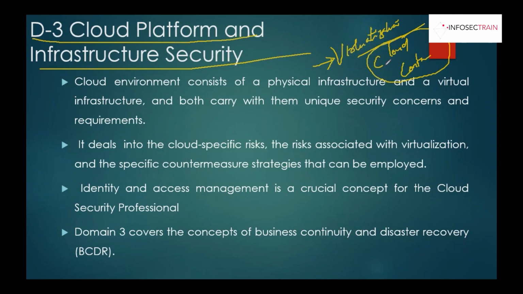So I'll discuss what the difference is between virtualization and cloud. What are the risk factors which we have? How can the cloud provider give you an effective infrastructure? How can the cloud provider differentiate security controls? What are the concerns which we have specific to the cloud platform?